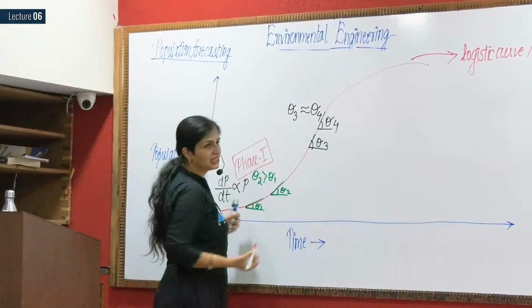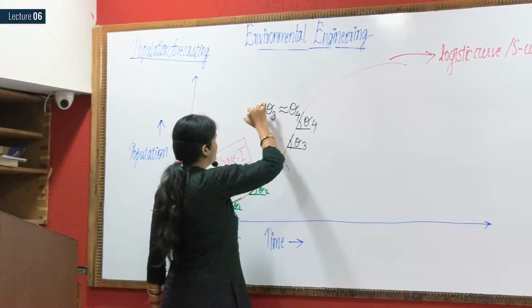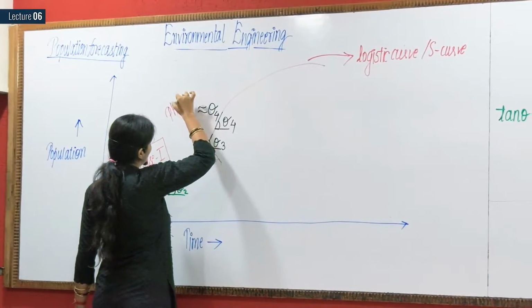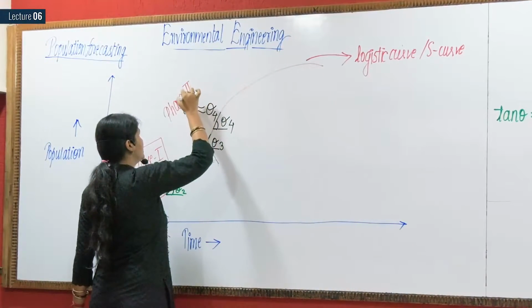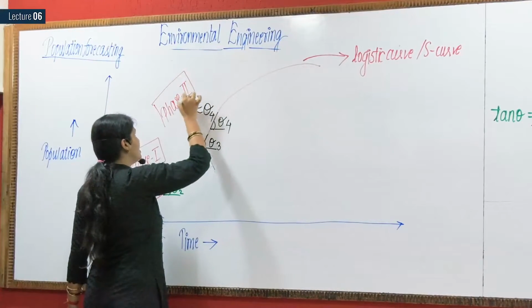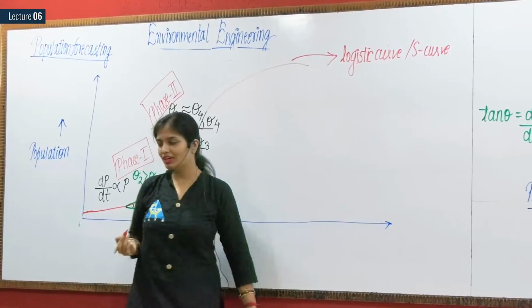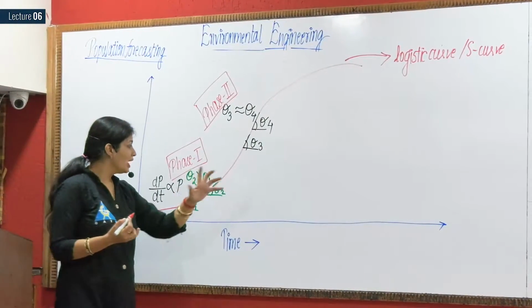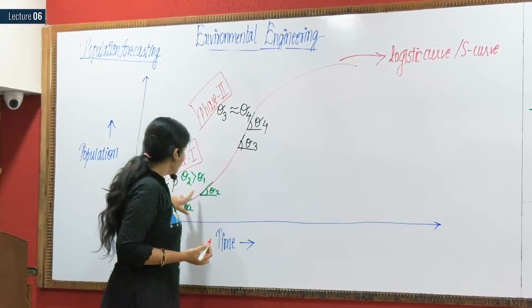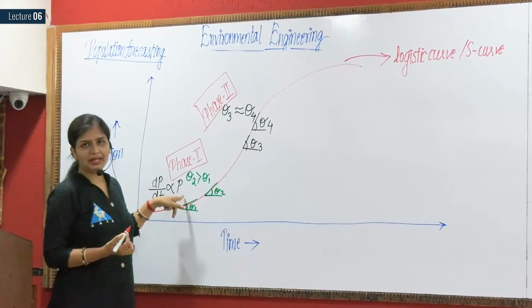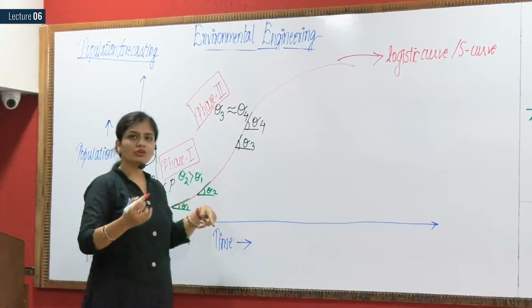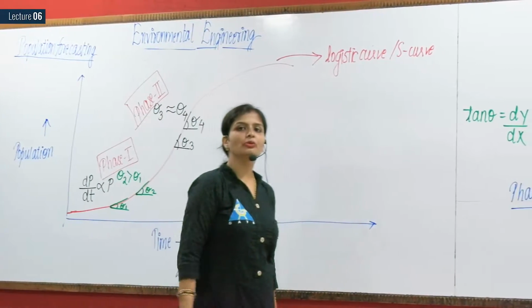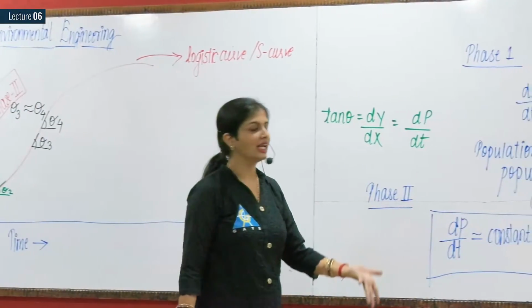Like I told you, phase 1, we find this in a very young city. Okay, just tell me first one thing. You wouldn't have asked me, but I'm the one who's representing you now, so I'm the one who's asking the question also. So the thing is, in this, why does this happen? That rate of growth of population is directly proportional to population. How can you say that?